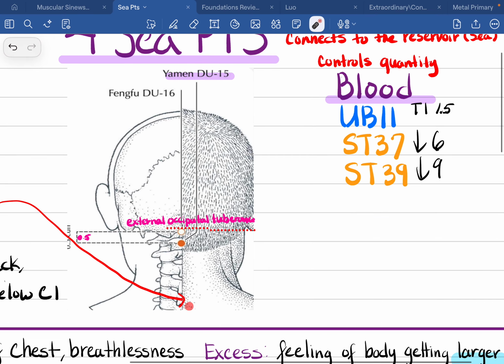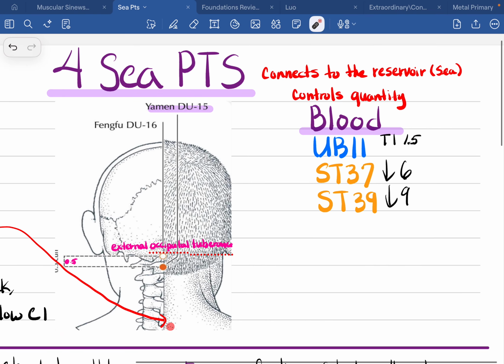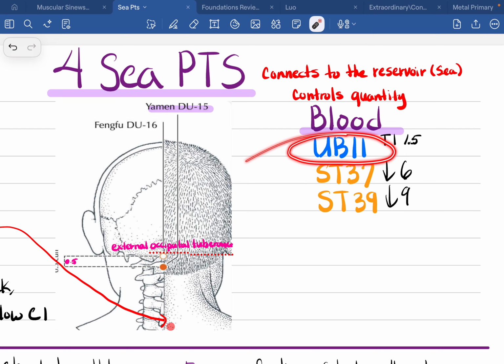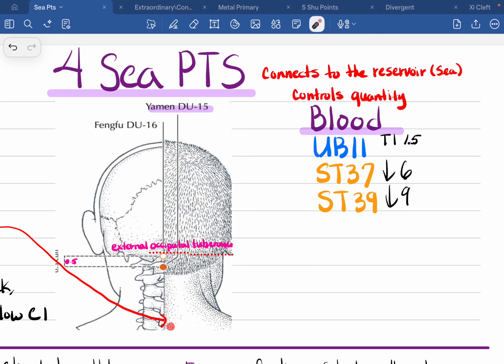So there's 3 points for blood. So I believe I said UB 11 is T1, 1.5 soon lateral, right, from the back of the midline, right? So this is one of the very first points we learn at the UB channel when we learn the back shu. I believe I have this somewhere, the back shu. Forget what notes I made for that one, but